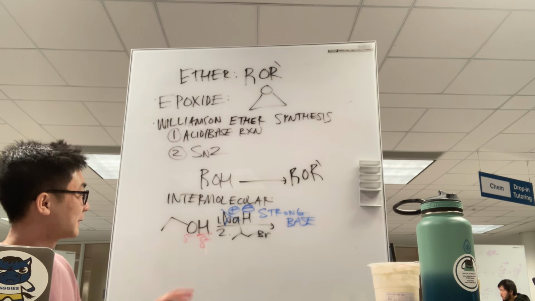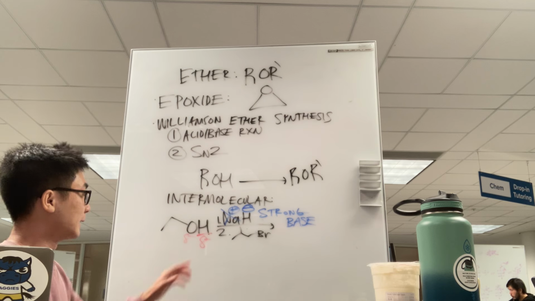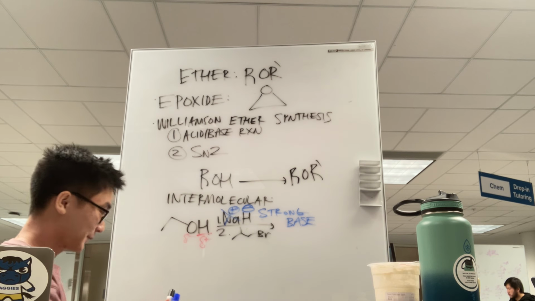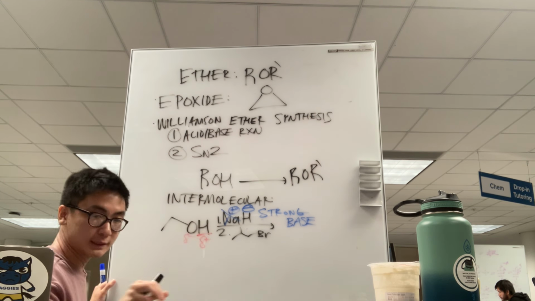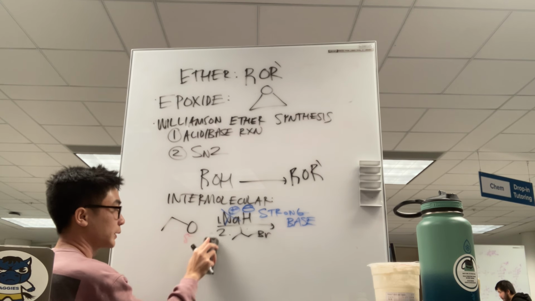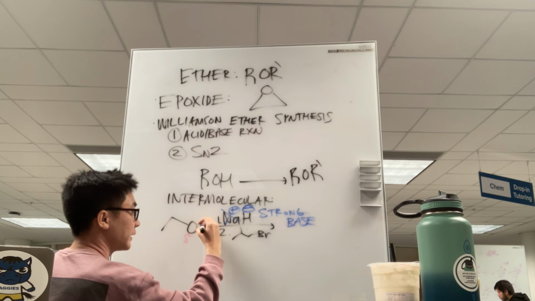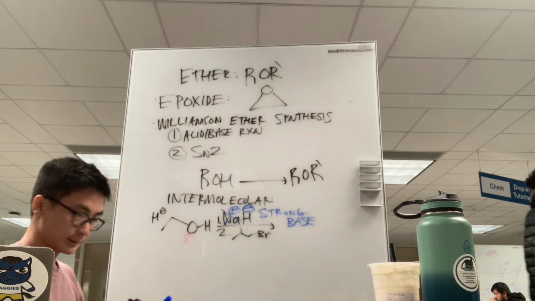So if you ever want to take that H off, NaH is your best bet. Yeah, NaH would be your best bet to take this alcohol H off. Right. So I'm just going to draw out the bond explicitly between the O and H to show the mechanism here clearly. Right. This hydride ion here, H minus, will